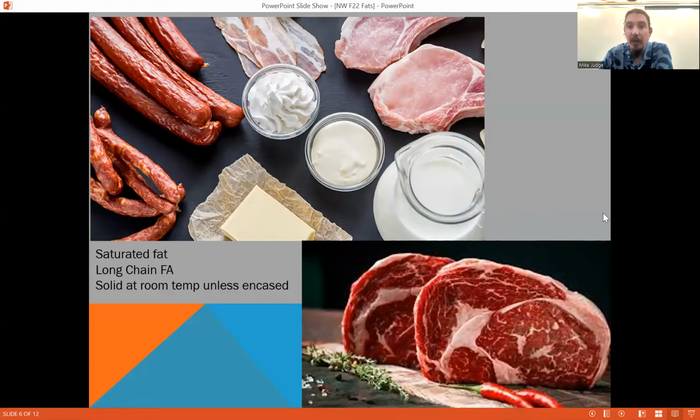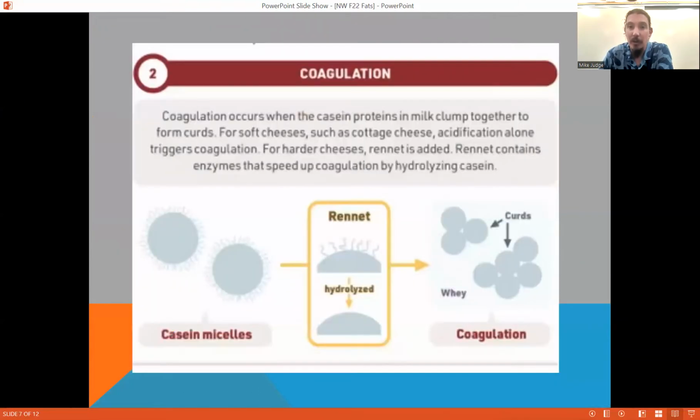Milk does have a good bit of saturated fat in it because it is animal fat, but milk has a special situation to it. The fat in milk is actually covered in a protein called casein. And casein's job is to stick to the fat and also dissolve in water. So it has this property of being able to mix with fat. And I think you know water and oil, they don't mix. If you dump water on fat, it doesn't dissolve it. So this casein is a protein that lines the fat in milk